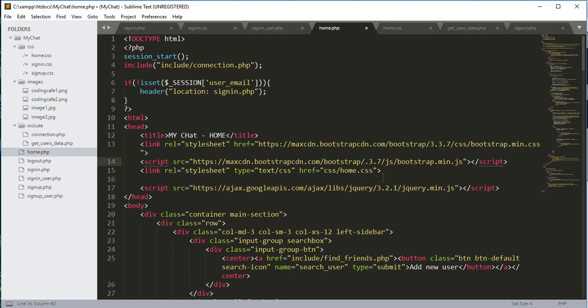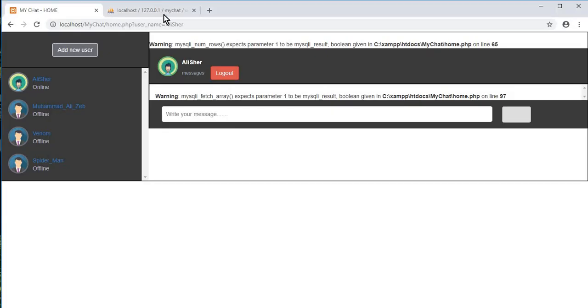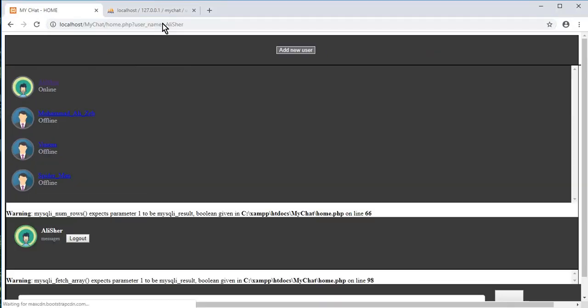So let's just change this one, not this one, the .css to 4.3.7 or just 4.7.0 I think, and if we just refresh it,